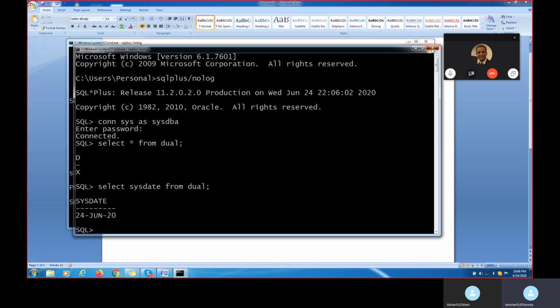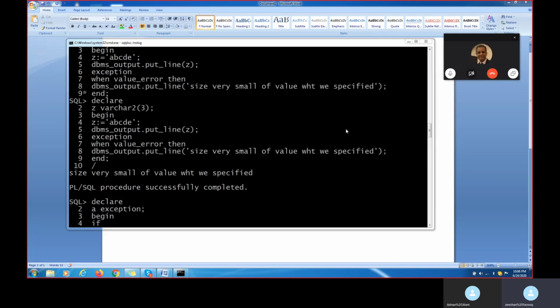Okay, so now what exactly am I trying to do? I want to raise an exception. But there are different functions. I didn't show you how to apply the date function, so I will show that. TO_CHAR is also a function for dates. This one I have to discuss. TO_CHAR, sysdate, I am putting here the current date. Okay, comma, for example, if I want it in DY format, I put it like this.